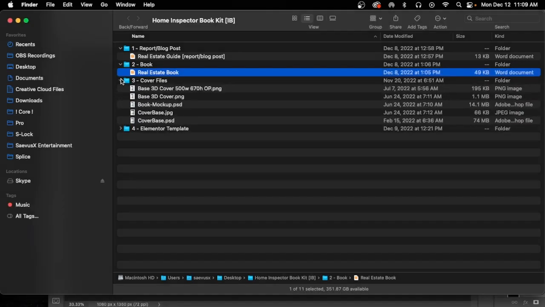The third folder includes pre-designed covers that you can upload to your website or social media, and it also has the Photoshop templates for both the cover and the 3D mockup. The fourth folder includes 2 different Elementor templates. The first is the template for the opt-in form, which is where your clients will put in their name and email address in order to download the book, and the second is the thank you page where they will download the book. As promised, I'll be going through and showing you how to build a small book funnel, but before I do,